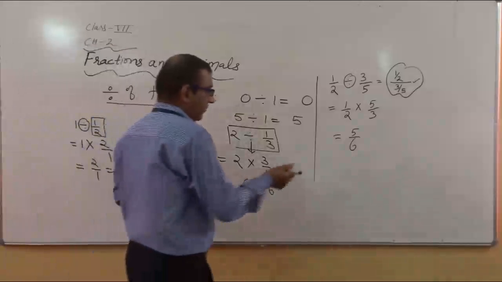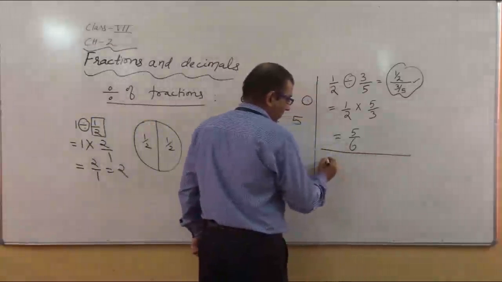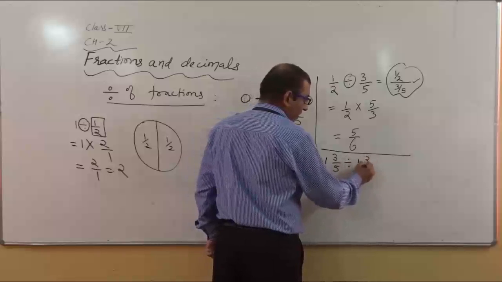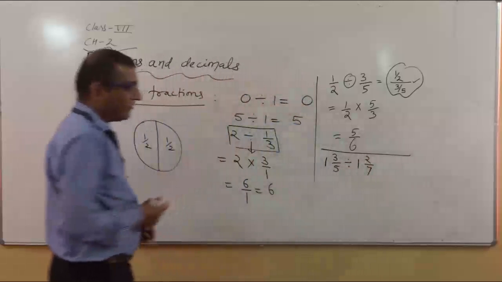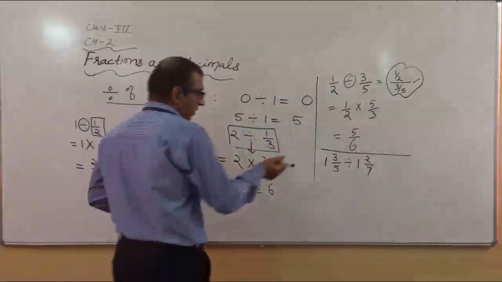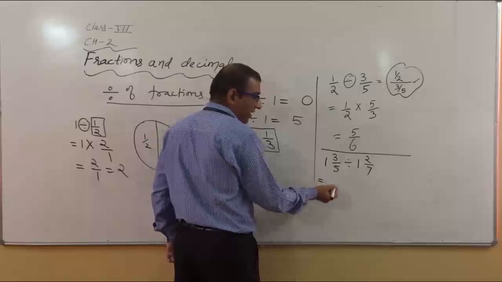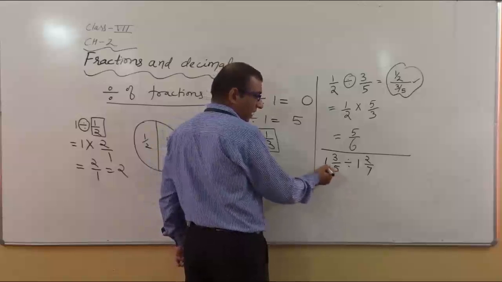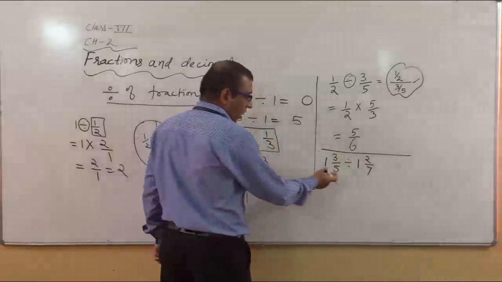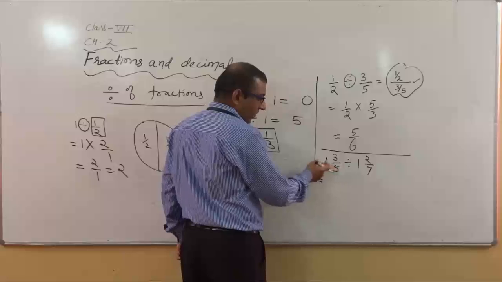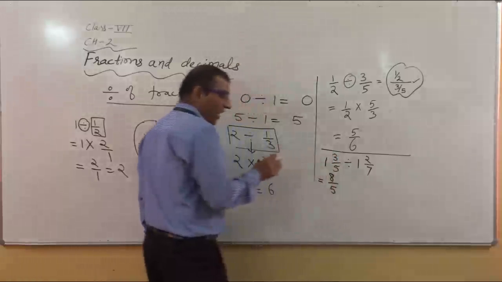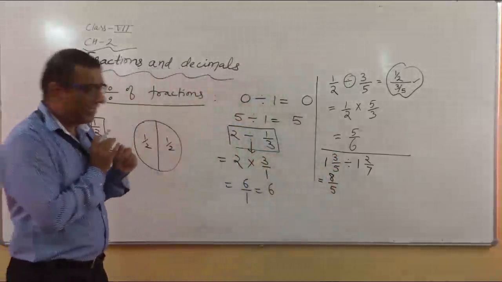So I am taking one more example. 3/5 divided by 2/7. So this is the division of two mixed fractions. How can we solve such a question? Whenever a mixed fraction is given to us, first we have to convert it into improper fractions. How can we convert into improper fractions? 5 times 1 is 5, 5 plus 3, 8 upon 5. So definitely 8 upon 5 is an improper fraction because the numerator is greater than the denominator here.